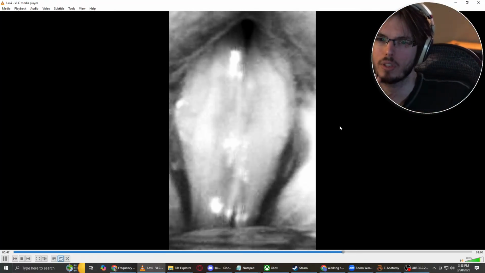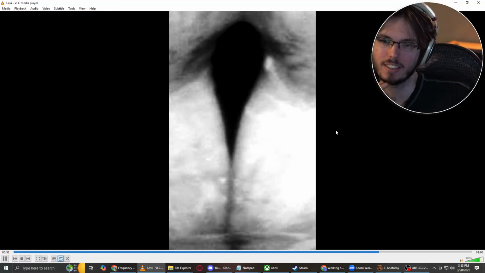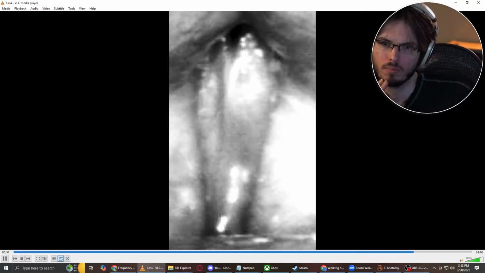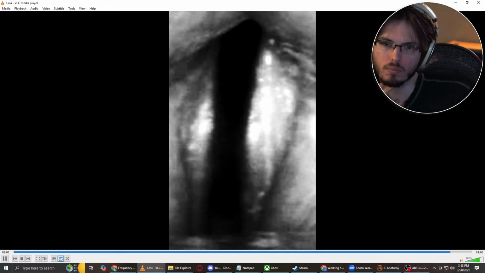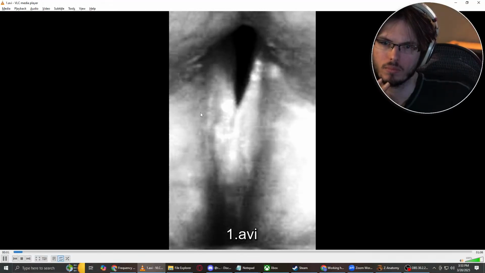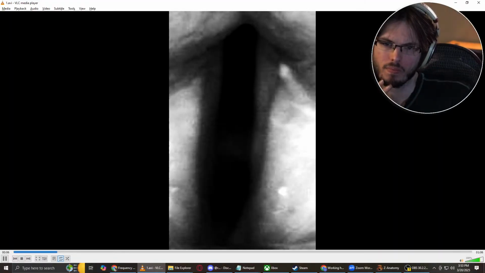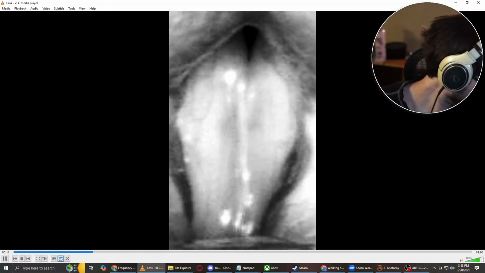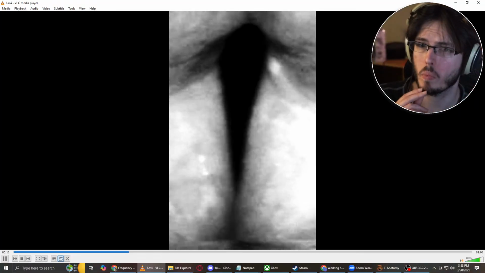I'm not going to pretend I can explain how and why the ventricular folds are vibrating the way they are. But there's something important about the fact that the false vocal folds and the true vocal folds are in really close proximity to each other. There's actually a little space, a ventricle, between them, but they're so close together in your body that the vibrations of the true vocal folds on the bottom contribute to setting the false vocal folds into their own vibration. And so the vibrations of the false vocal folds kind of follow the vibrations of the true vocal folds.